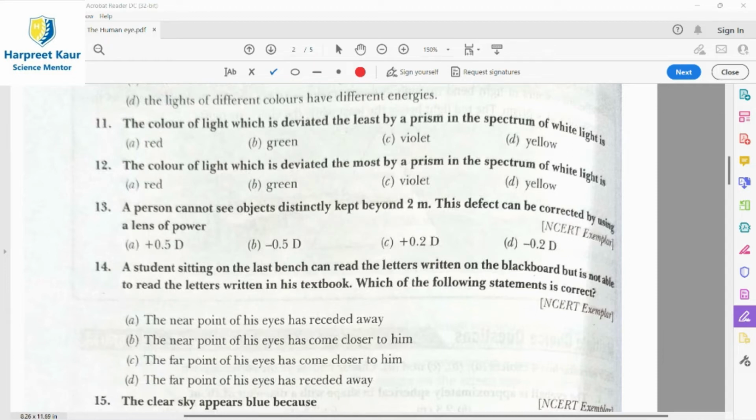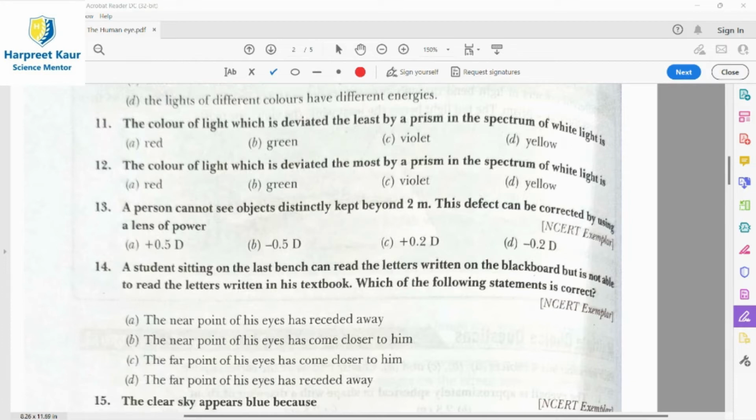It bends towards the base of the prism. When white light consisting of seven colors falls on a glass prism, each color in it is refracted or deviated by a different angle, with the result that the seven colors are spread out to form a spectrum. The spectrum is made with red at the topmost and violet towards the base of the prism. The red color has the maximum speed in the glass prism and is deviated the least, that is minimum, and due to this the red color forms the upper part of the spectrum. On the other hand, the violet color has the minimum speed in glass prism, so the violet color is deviated to the maximum.